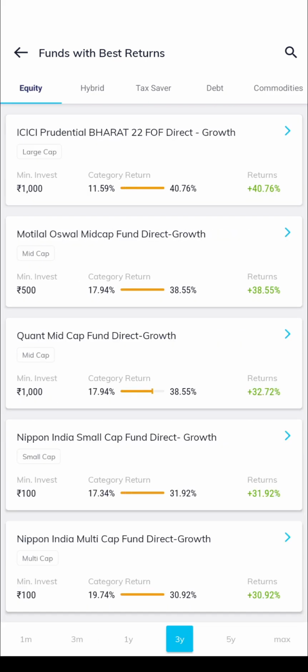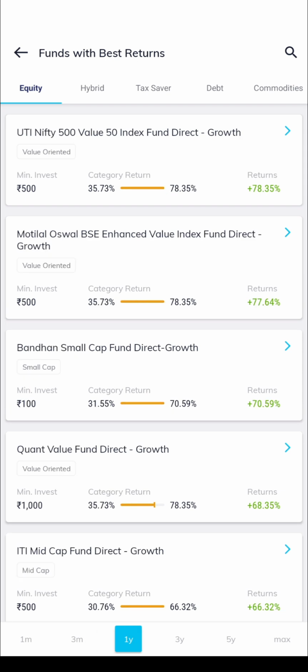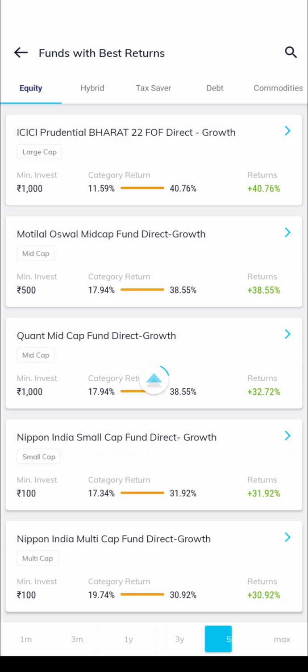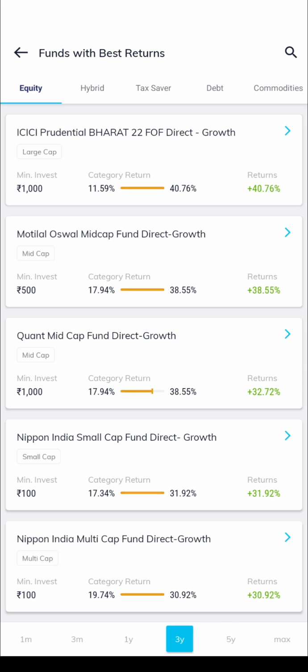I go for equity, and you have several options like 1 month, 3 month, 1 year, 3 year, 5 year to see what the return looks like, right? Basically I prefer to go to 3 month, 1 year kind of thing. It depends. For example, if we go to 3 years, or maybe let's say 1 year,